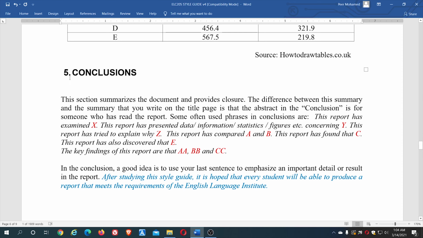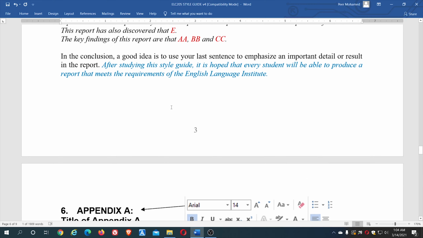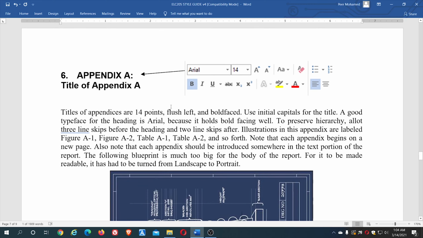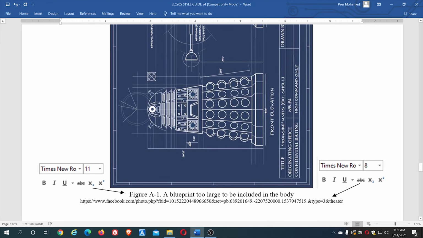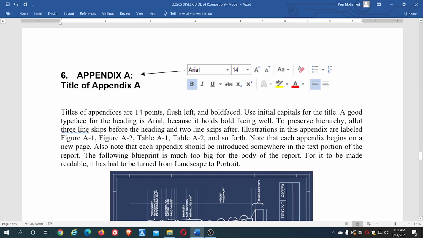Now comes chapter 5. Chapter 5 is the conclusion. So you can make a recap, a summary of what you did in the whole report. So with that, your report is over. Now the appendix. Take for example, this is extra information. This you cannot include in the report, otherwise your report will become so big. So you attach it here. If it's only one document, it will be just appendix. If more than one, you will write appendix A, appendix B, appendix C, like that. Do you understand? So this is appendix A.